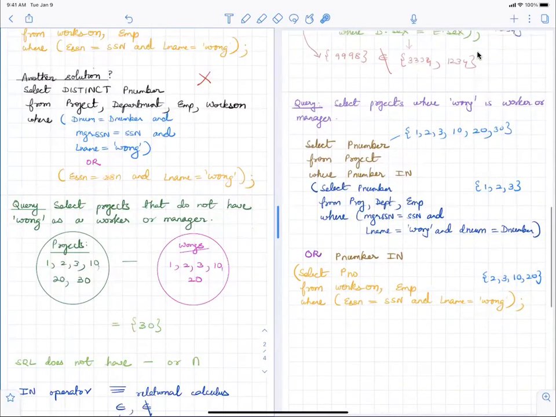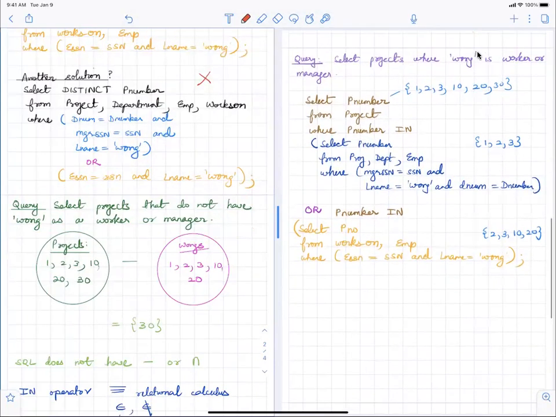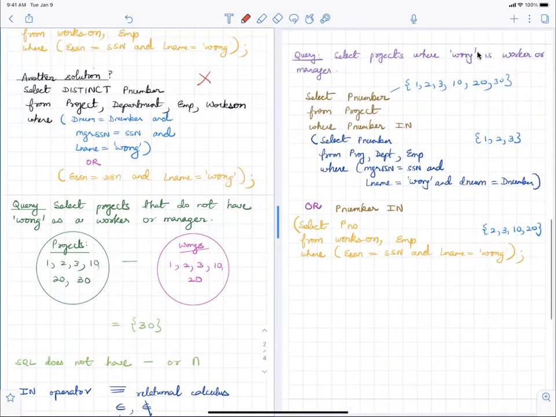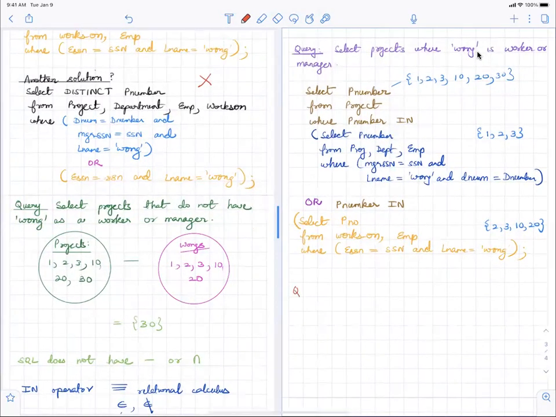So if you wanted to select projects that do not have Wong, now we are going to look at the query: select projects where Wong is not a worker nor a manager.